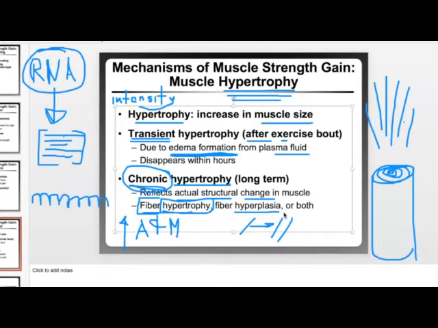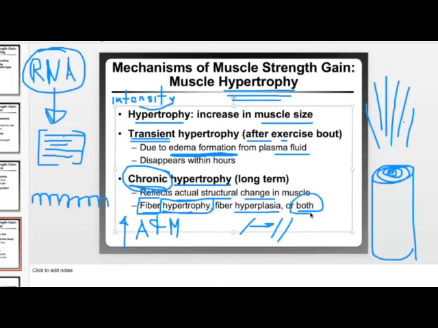But the research on hyperplasia is very inconclusive. They can only really see statistically significant results in cats and in mice and other animals that they've tested, and don't see a large amount of hypertrophy in human beings because of hyperplasia.